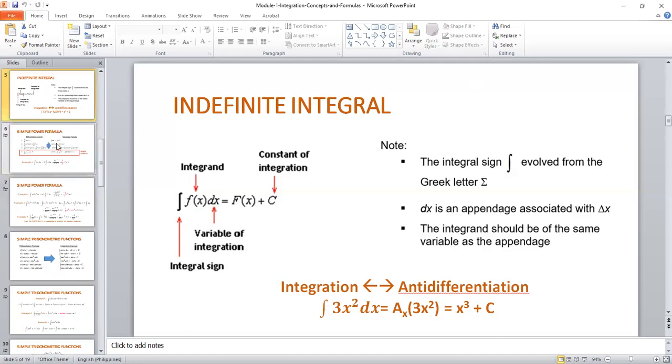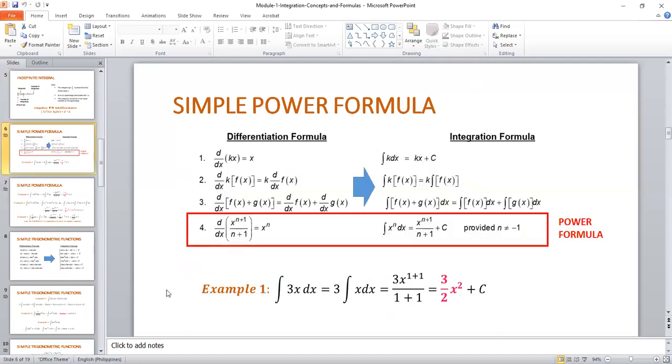We go to the very simple formula. If we have a simple power formula in differential calculus wherein you subtract 1 from the exponent of your given function, and you place that particular exponent before the function, in integral, it's the opposite. You don't subtract 1, but you add 1. You add 1. So let's see. Now, the simple power formula is given here below, but we'll start with the simplest of all the formulas